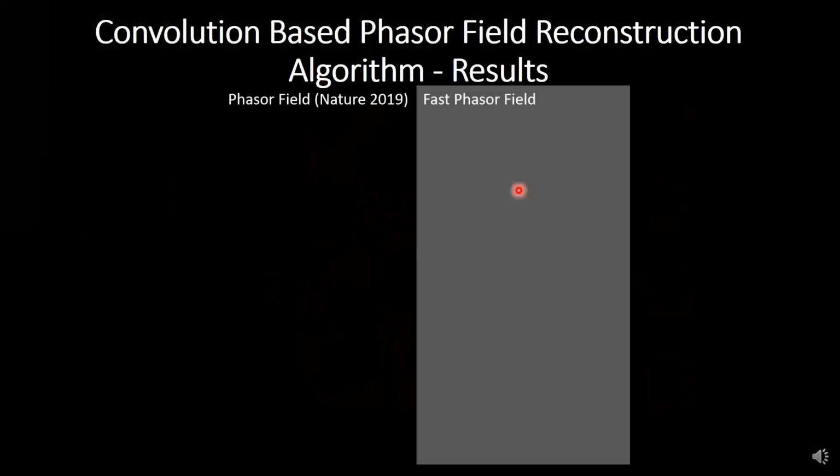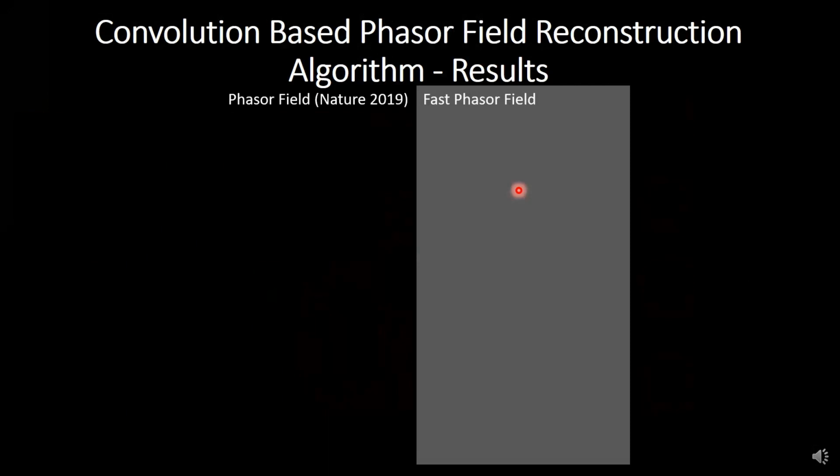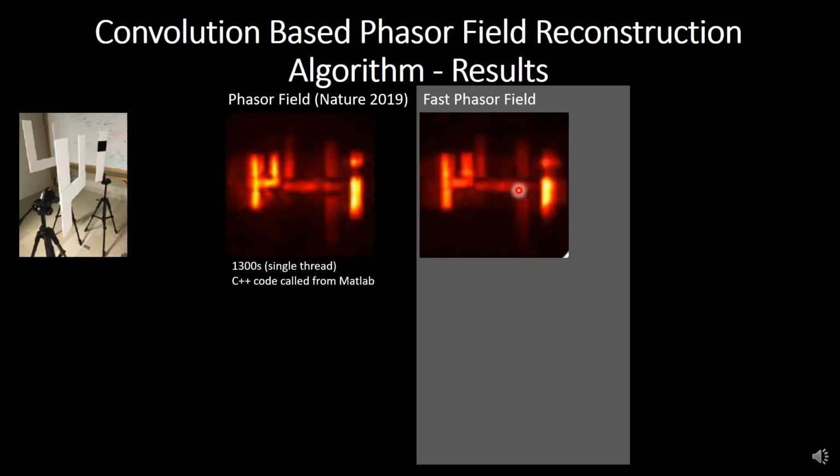So the first one, the speed, was actually solved by us noticing that this diffraction operator, this wave propagation operator, has very fast existing solutions, and with this formulation, where we express this as a wave propagation problem, we can just use those existing solutions and compute this thing very fast. So in our case, this simple scene reconstruction here in MATLAB took about 1,300 seconds in a single thread. With this new phasor field algorithm, it took 2.8, and that's in MATLAB, which is kind of slow.